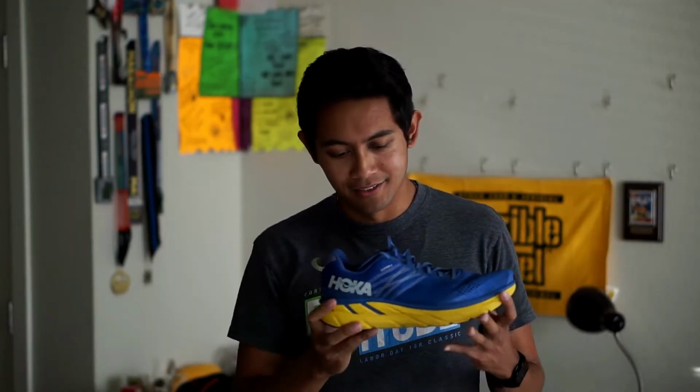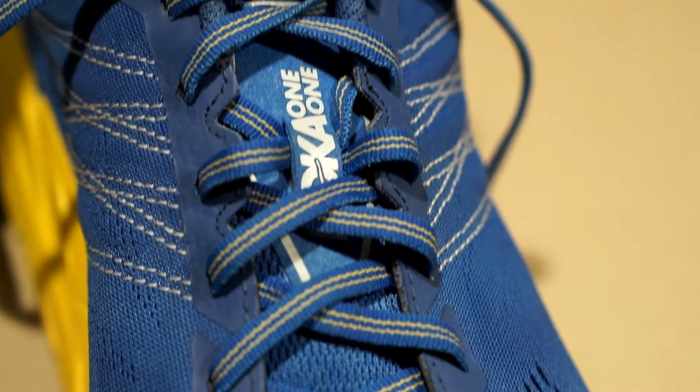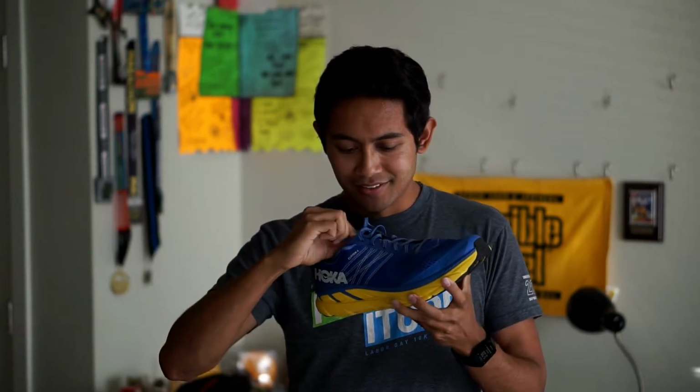Moving on to the tongue, it's actually trapped inside of the... Oh wait, that's as far as it goes. So the tongue is the only complaint that I have with this fit. Overall, the fit is great, but the tongue I am not a big fan of because look,